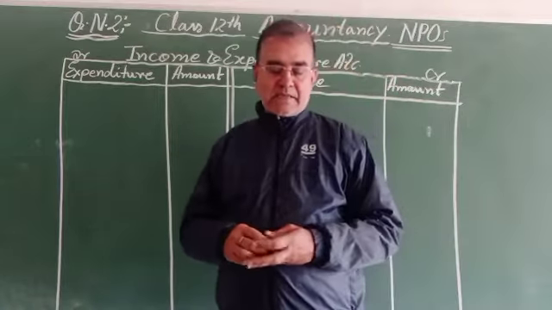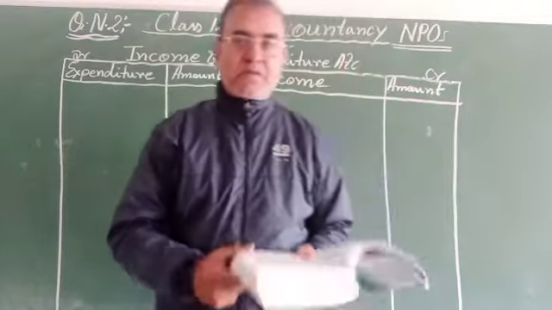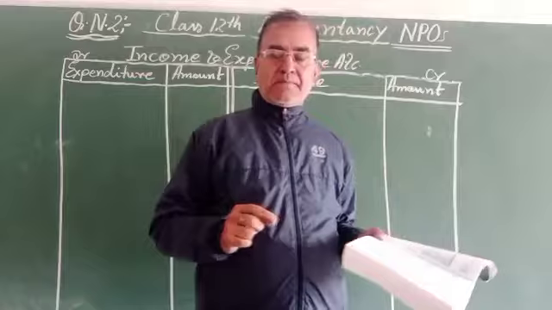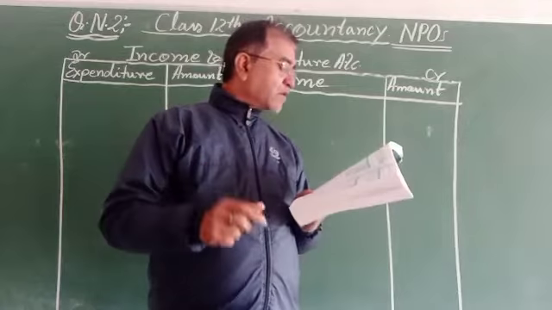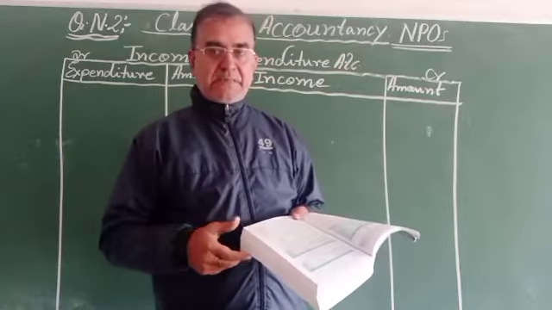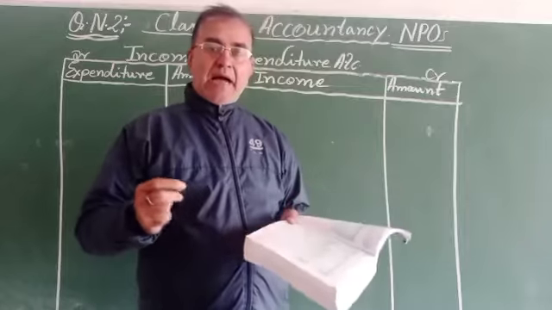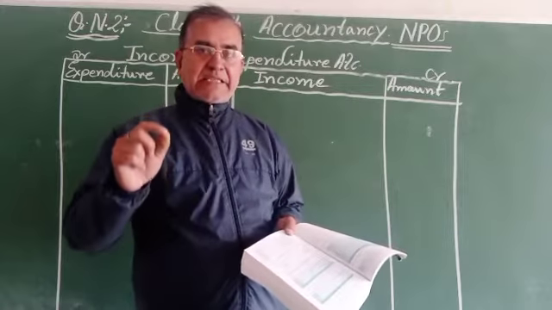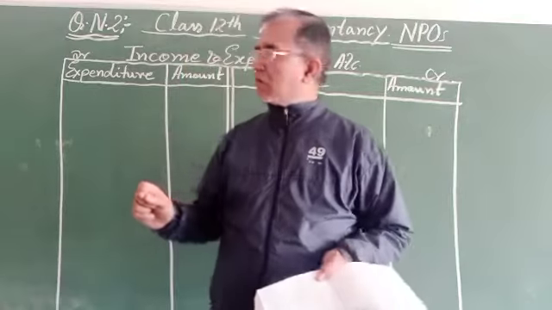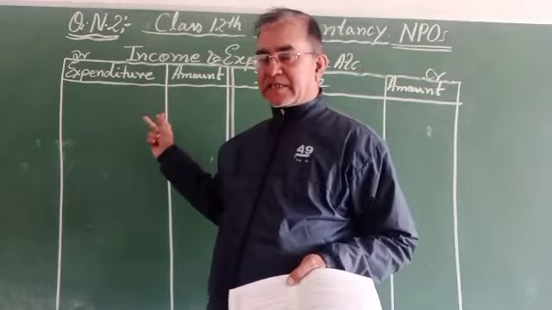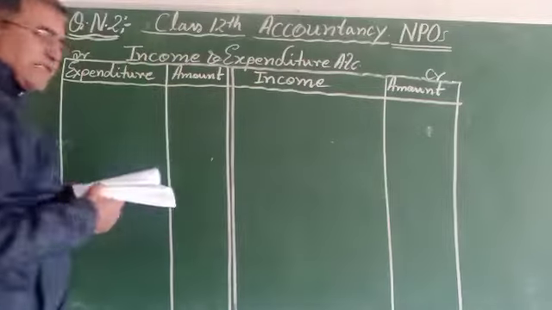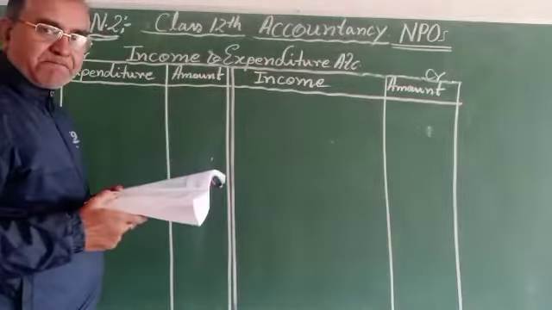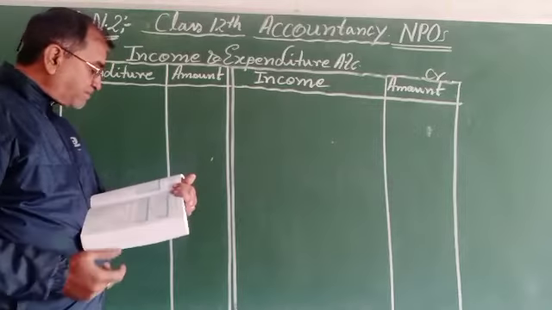Now in these questions, first we are going through the main source of income. In the previous video you learned about the computation of subscriptions, and today I would like to explain the steps involved in how to prepare the income and expenditure account, and how such items are treated in the receipt column. First go through the receipt column.